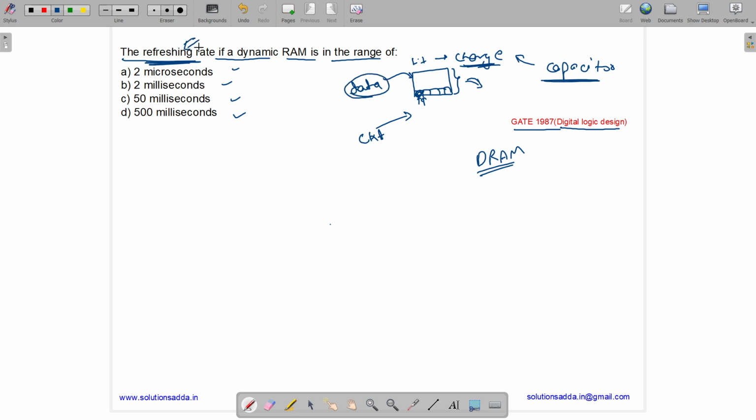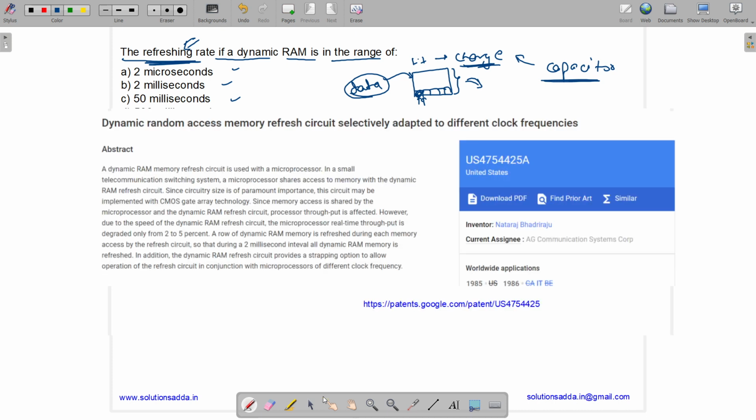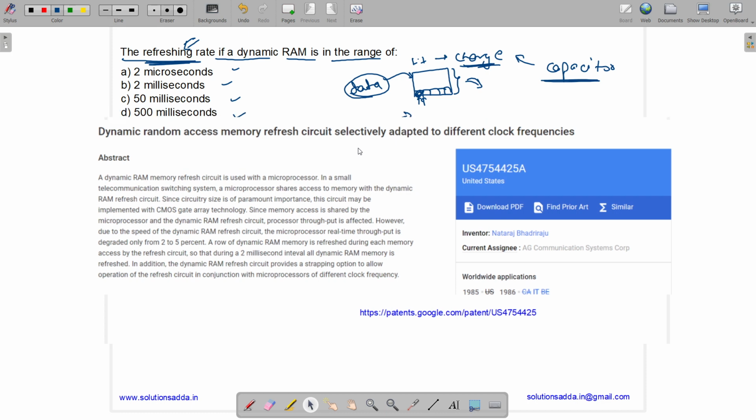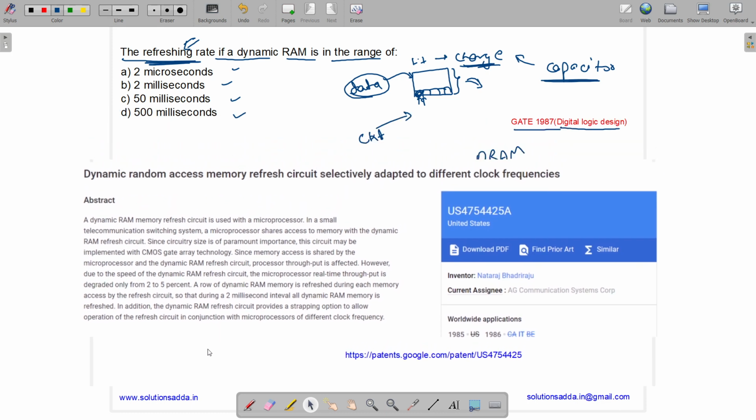If you want to read, you can find a document regarding this. It's basically a patent which is available on this link. You can go to this link, patents.google.com. This is the patent number, and the topic name is Dynamic Random Access Memory Refresh Circuit Selectively Adapted to